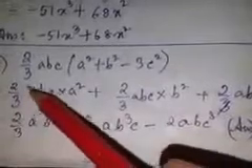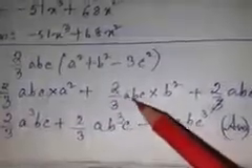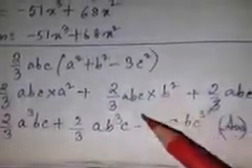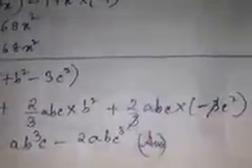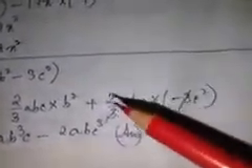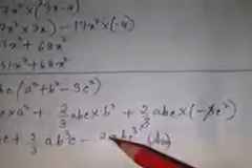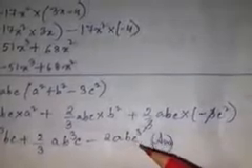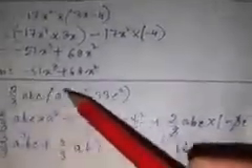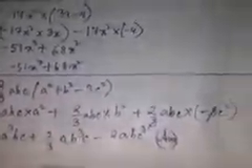So after multiplying I have got this 2 by 3 will remain 2 by 3, a into a square, that is a cube bc, plus 2 by 3 a, this b into b square became b cube. So we are getting 2 by 3 a b cube c, and here this 3 and 3 is getting cancelled, and we are getting minus 2. This minus sign is there, so minus into plus is minus, minus 2 a b c cube. So you will have to individually multiply the term outside the bracket with the terms present inside the bracket.